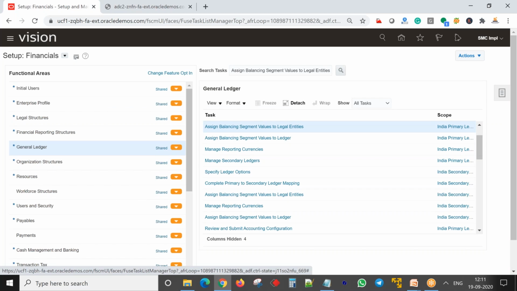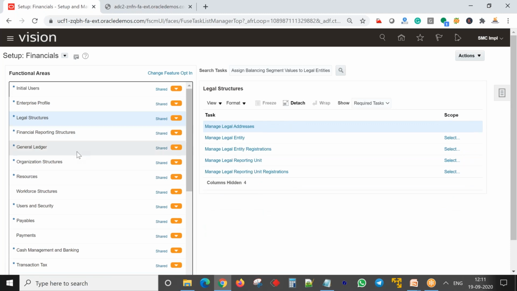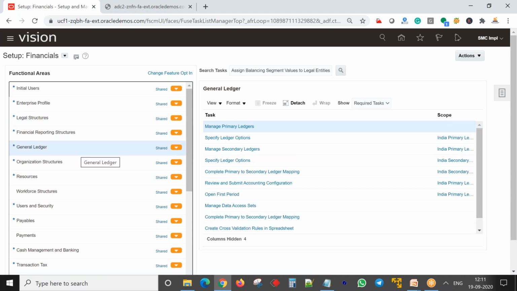Ideally, you can always set up LE before creating the ledger, but definitely after creating the chart of accounts and everything. You can take any of the approaches, whichever you want. Ideally, legal structures are to be created first, but if it is an enterprise, you may want to first create the general ledger and then assign legal entities to it. Are you with me, Anup, on this? Yes, I am very much.